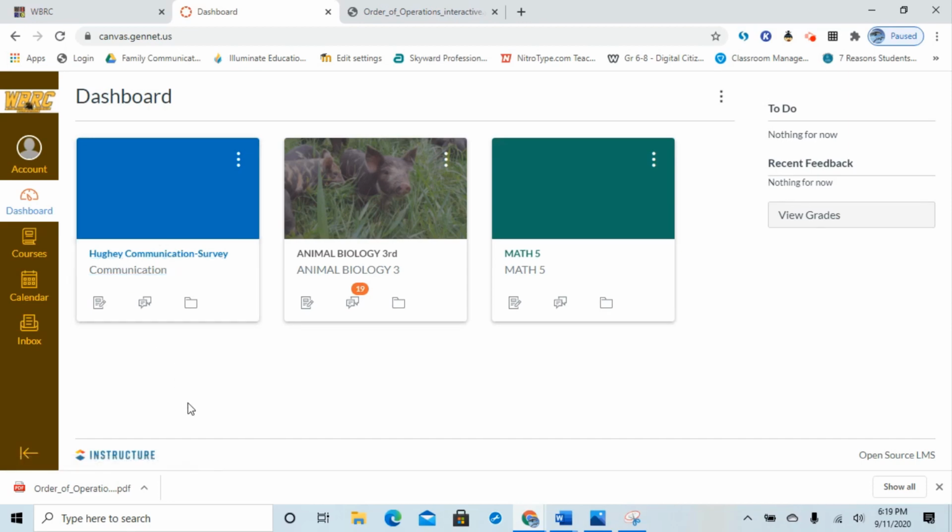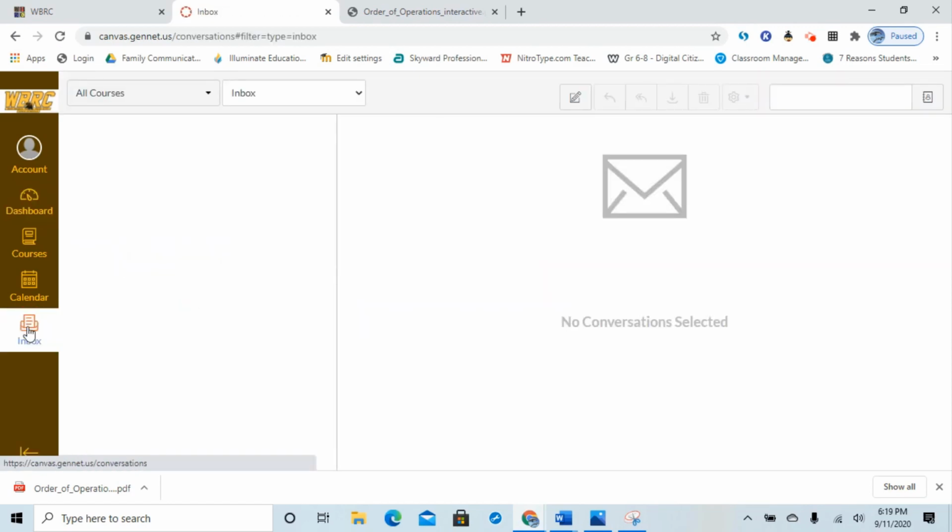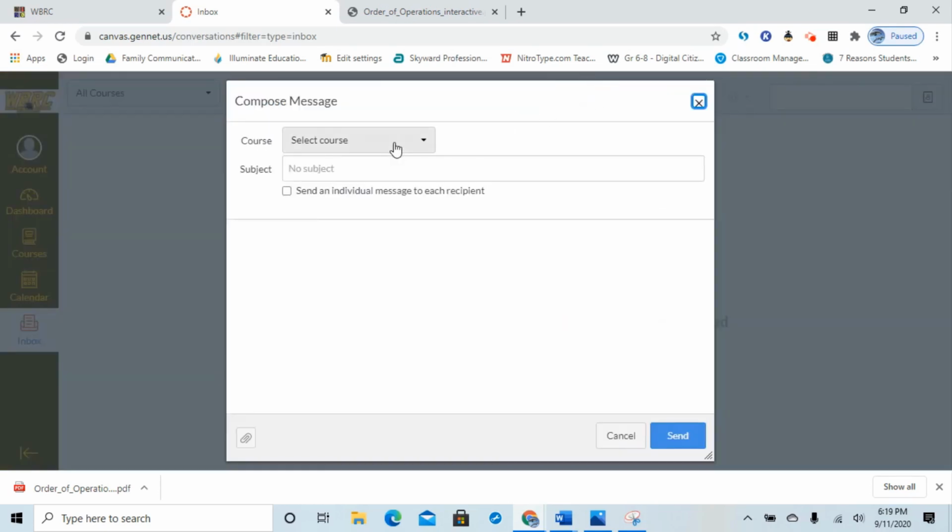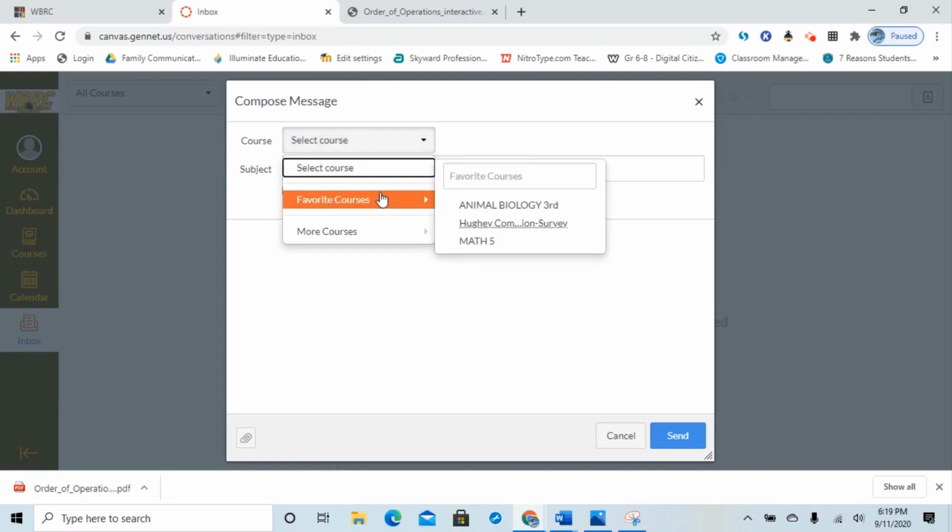A nice feature that is available if you need to communicate with your teachers is an inbox. If you click on the inbox, that will allow you to compose a message and send it to your teacher. If you go up into the middle of the screen, you'll see a little piece of paper with a pencil, and it is labeled as Compose a New Message. You can click on that, select the course,